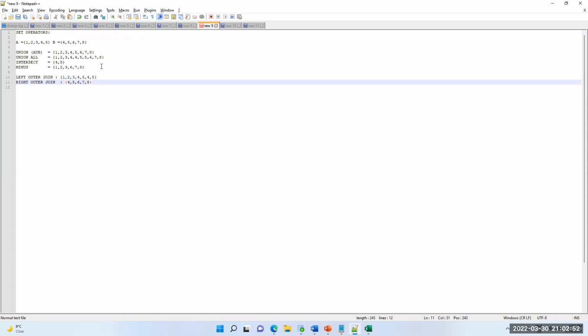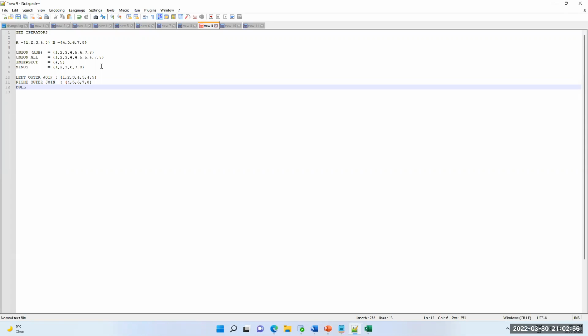This is what right outer join is. Again, full outer join: 1, 2, 3, 4, 5. These are the records we get in a full outer join. That means it combines all the records actually. Okay. Clear, guys?